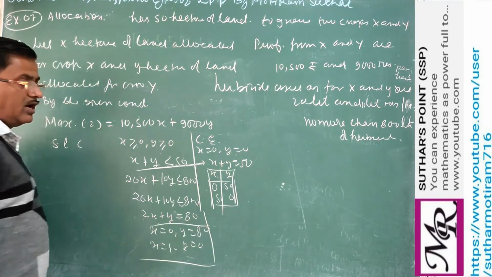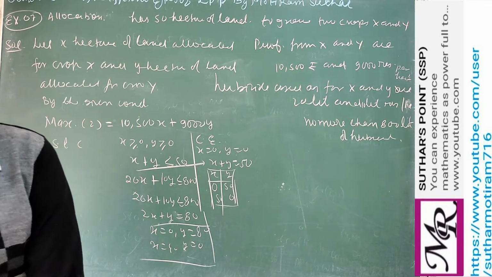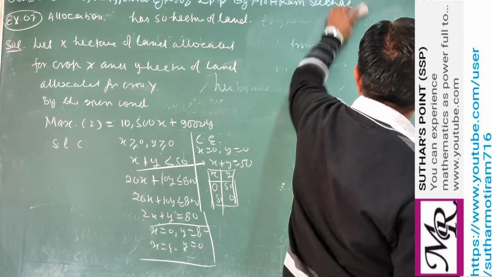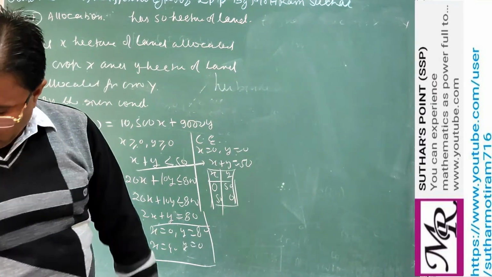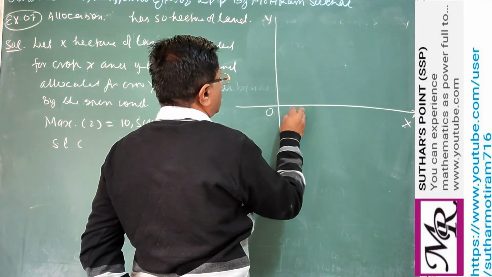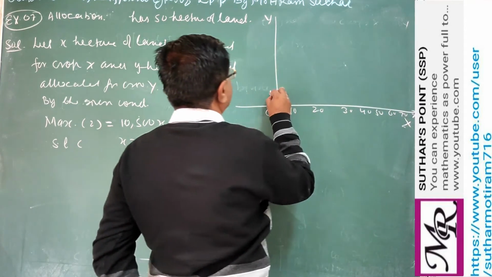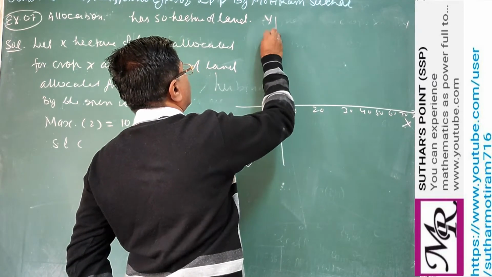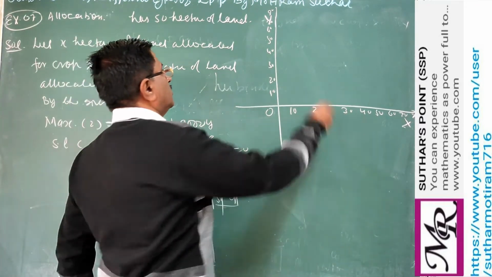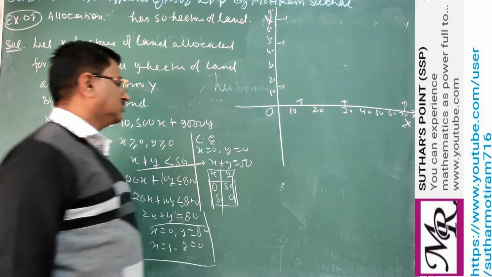So dear student, you can draw the graph very easily, and with the help of the graph we can find the required region. So see here how we draw the graph. This is the x axis, this is y, and we are taking one box equal to 10 units, up to 80: 10, 20, 30, 40, 50, 60, 70 and 80. Now x equal to 0 and y equal to 0 means the first quadrant. The solution must be in the first quadrant.